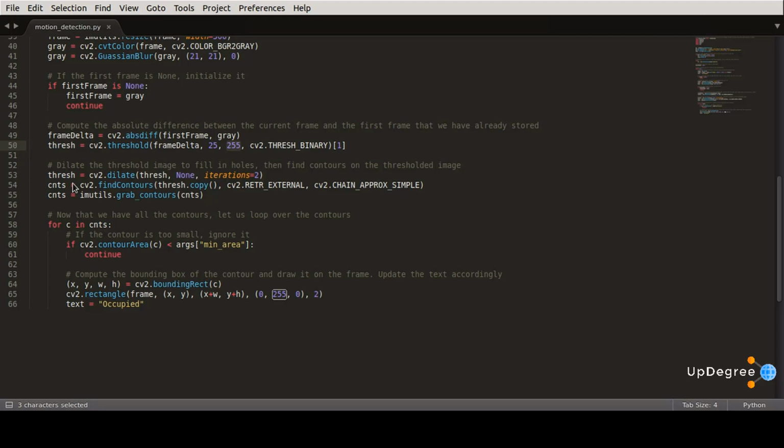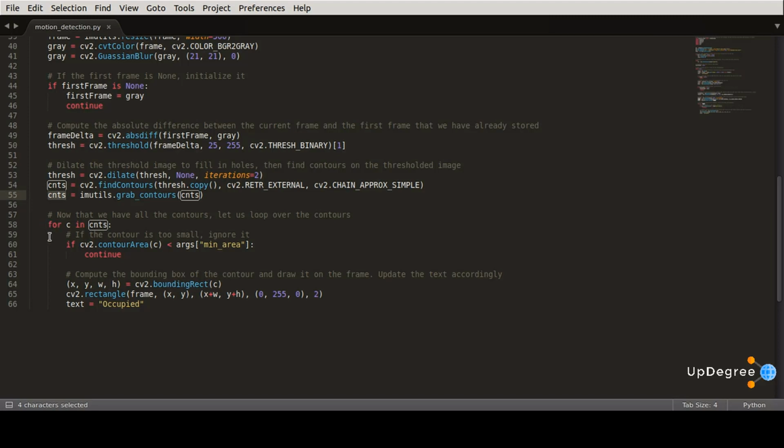We'll also update our text status string to indicate that the video has motion. So here we will find all the contours of the black and white image on the threshold frame. In this line we are going to grab all the contours using the imutils module, and we are going to store all the contours in this variable.